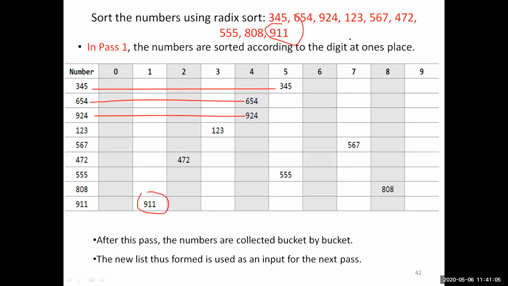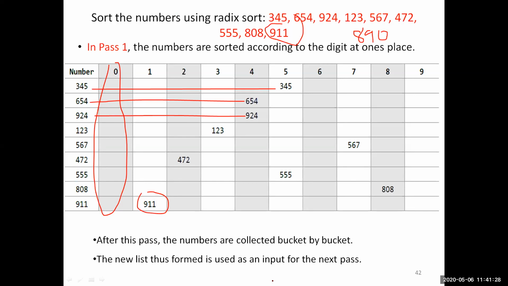For example, if you have an element called 890, it will be placed in the 0th bucket. This is for pass 1.